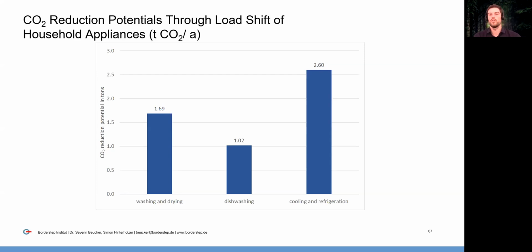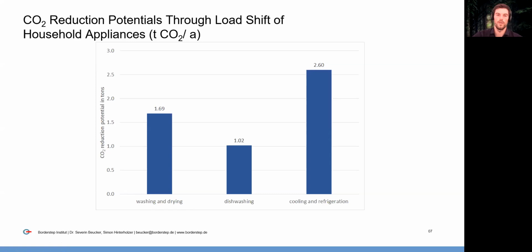So, but it should not shift the laundry, for example, to the nighttime. Therefore, we've set some restrictions. Otherwise, the algorithm we've written would shift a lot of power to nighttime, or at least to times where renewables produce energy, and there is less other consumption from the industry, for example. So we've also set some restrictions, which you can read in the paper, for how many hours something can be